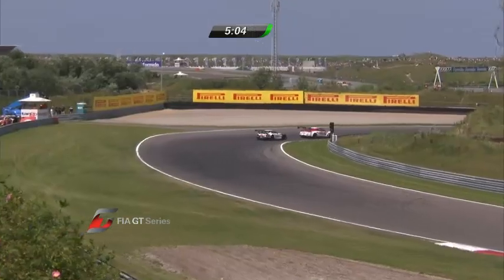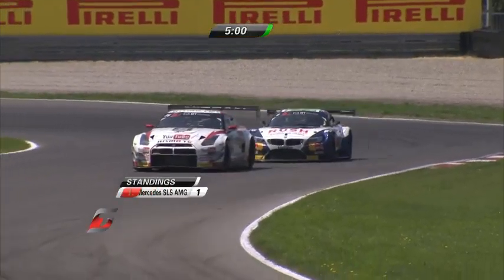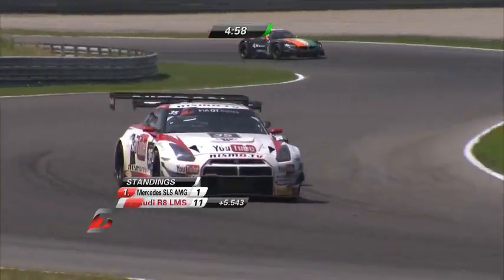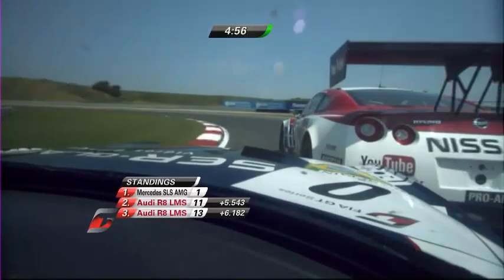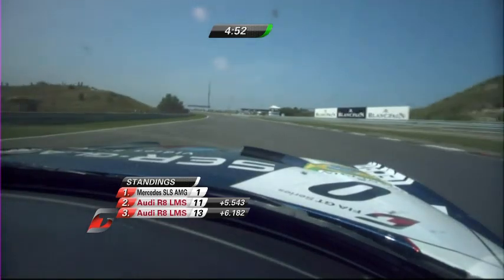Same issue going on here. The BMW behind the Nissan looking to me to be struggling on its tyres. The BMW quicker but not looking to pass. Oh, that's going to be a touch, isn't it? Just a little nudge,